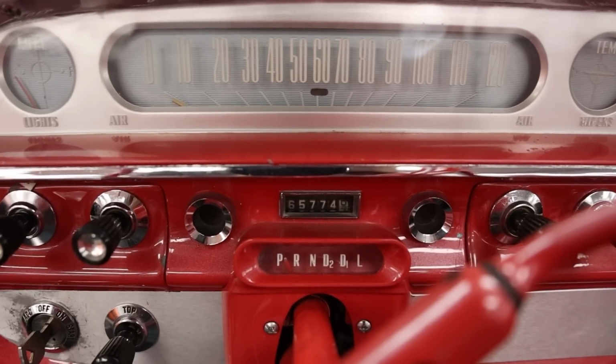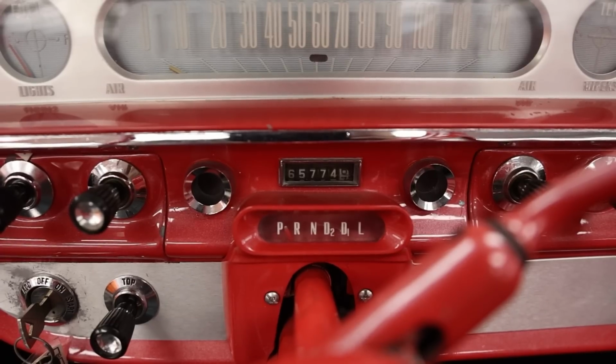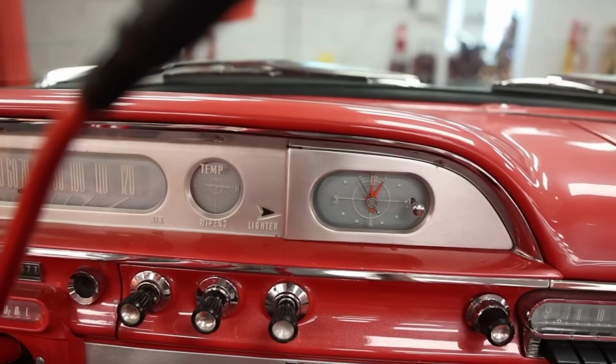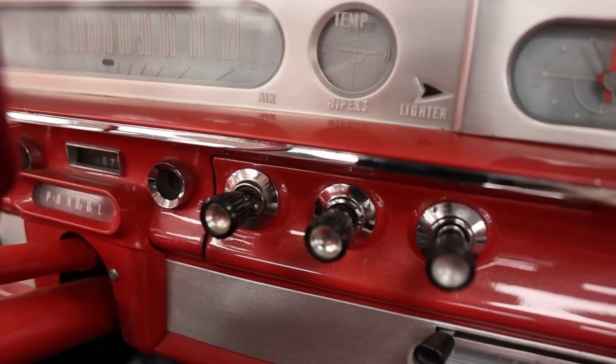There are lights that are flanking the drive select modes. I think that those are for the generator and the oil pressure because they don't have represented gauges in this gauge cluster. Back to the top, temperature, right turn signal indicator, clock, moving down to the middle, right air vent,